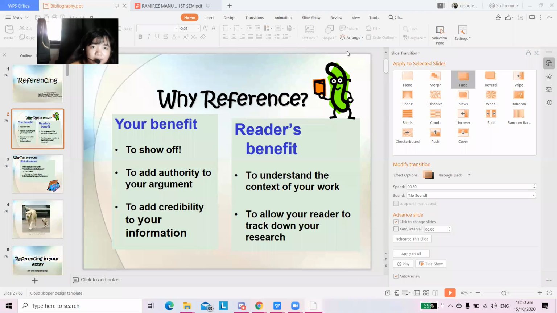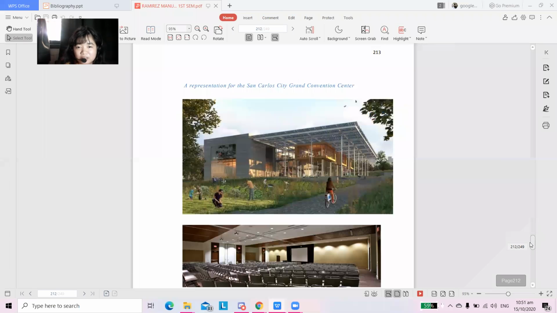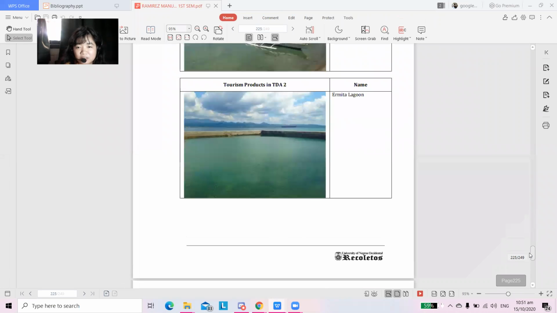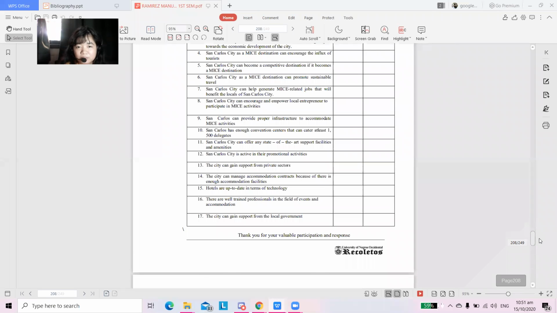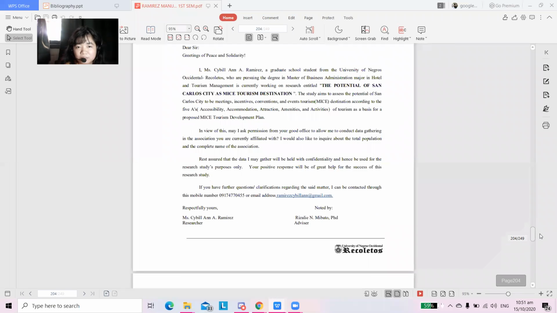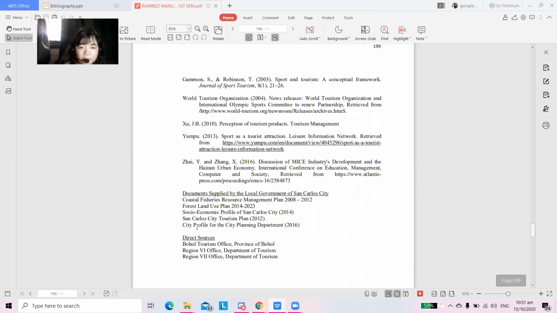Okay, an example so you can appreciate it more. Sorry, above. For direct sources, or documents provided by the Department of Tourism, they are the ones who provided the document.